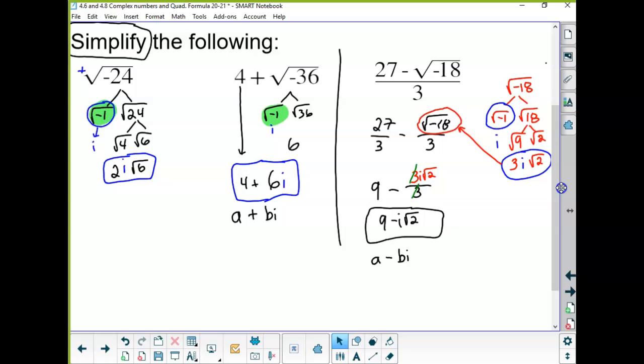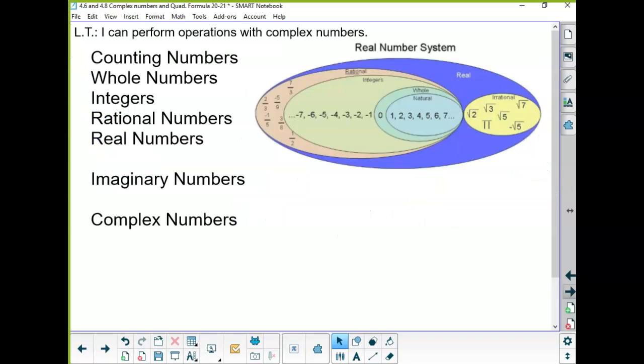Well, since complex numbers are kind of like a new set of numbers to us, they should and have to follow operations. How do you add, subtract, and multiply? We're not going to look into divide, but how do we do operations with them? Don't write this down. This is just helping you guys